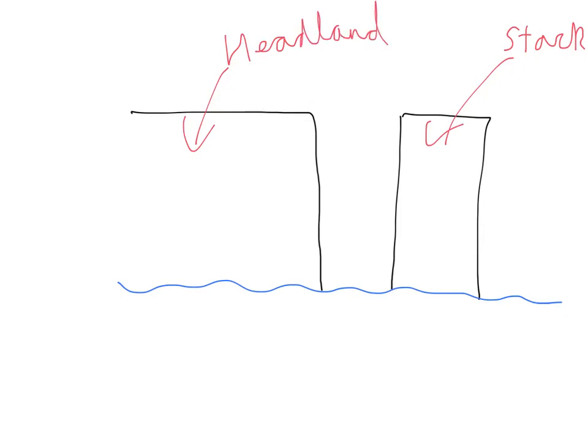At the base you have the collapsed rock that will slowly be broken down through attrition and removed by wave energy. And the stack and the headland continue to be eroded, by joints and weaknesses in the rock,